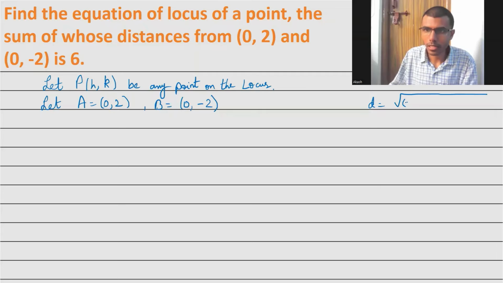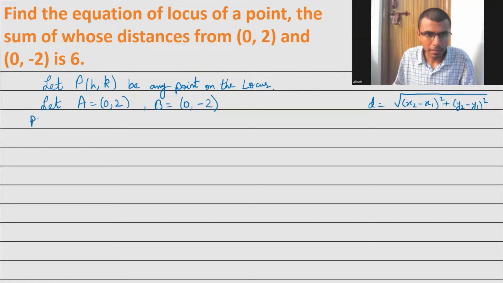Distance formula is nothing but under root x2 minus x1 whole square plus y2 minus y1 whole square. Okay, so I'm going to find PA first because I'm going to need it. PA would be nothing but under root of